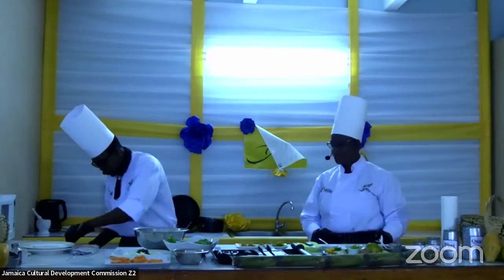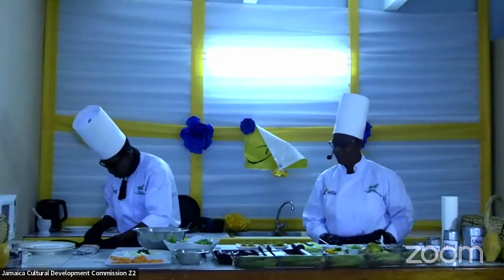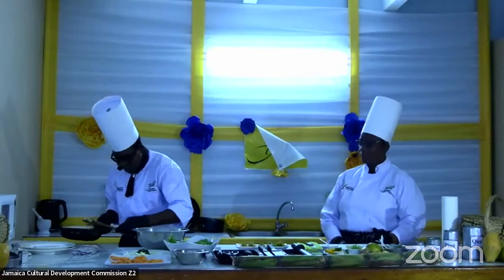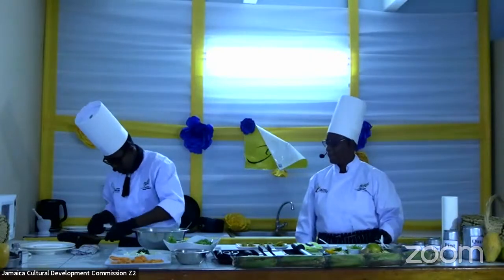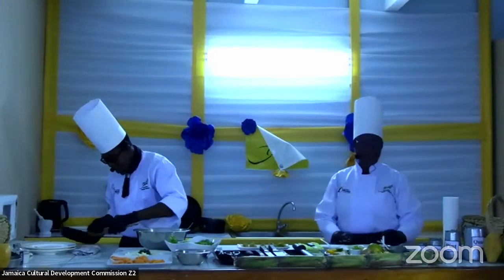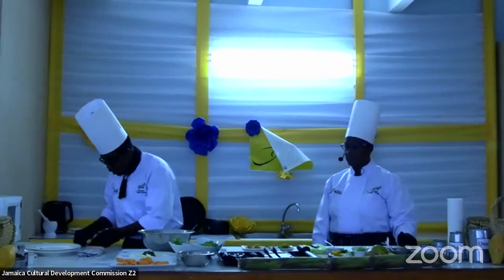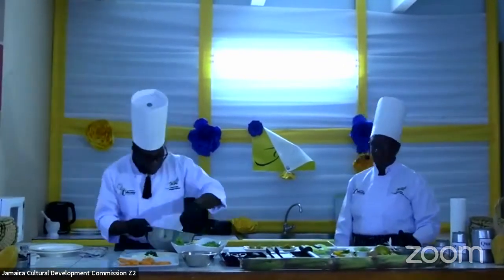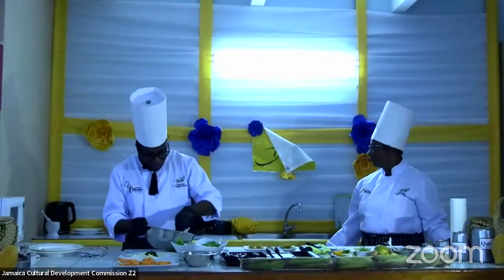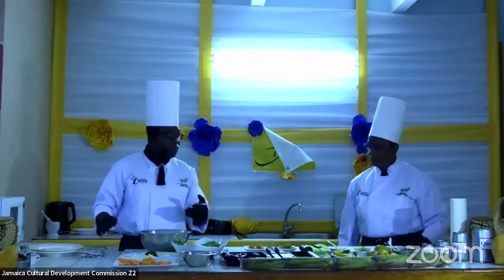We have some more chicken breast right here. So this could go with or without animal-based protein. Say you're a vegan or a person who doesn't want to have meat, you could do it without meat. When I'm doing salads, I like to utilize my beef